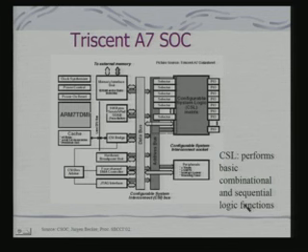These are units which perform basic combinational and sequential logic functions. A collection of gates can be configured to realize different functions, and I can use a set of such gates to realize these functions together. So simple, repetitive computations are mapped onto dedicated hardware, and this hardware can be designed depending on the application you are looking at. In fact, there is also a signal interface that can be changed from one application to another.